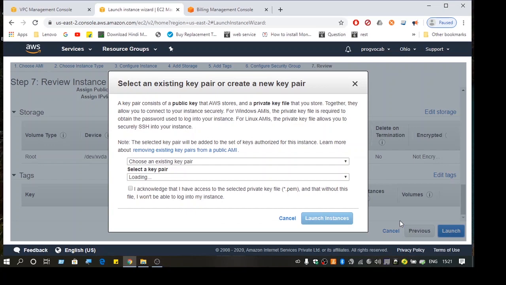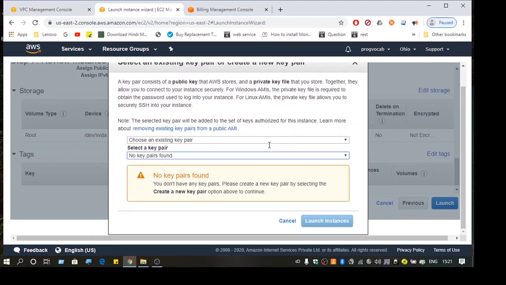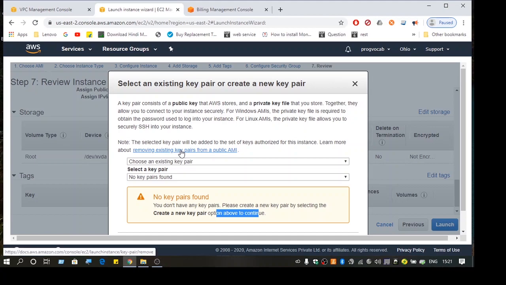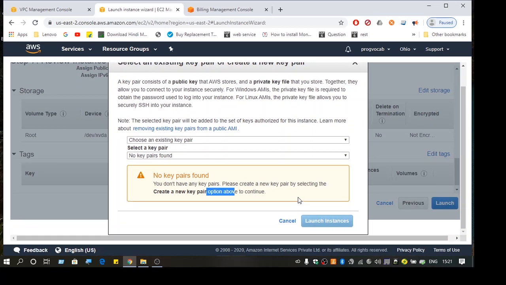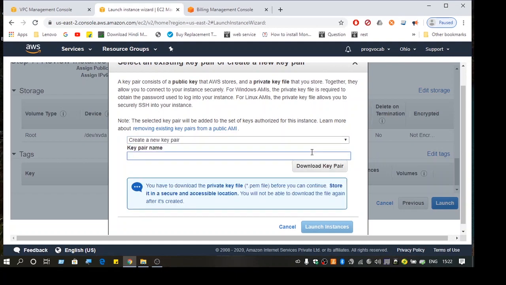Before AWS actually creates the instance, it will ask you to select the key pair. This you will already have if you have created another instance already. Since this is the first time I'm going to create an instance, I have to create this key pair. From the drop down, I am going to select create key pair, and you can give it any name.